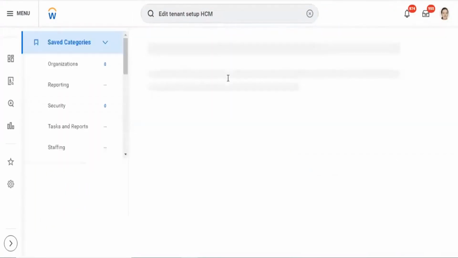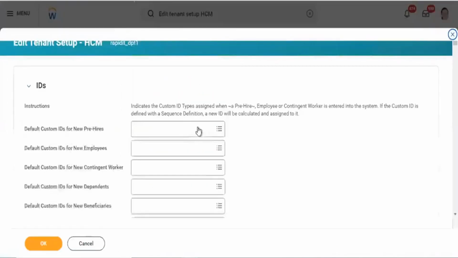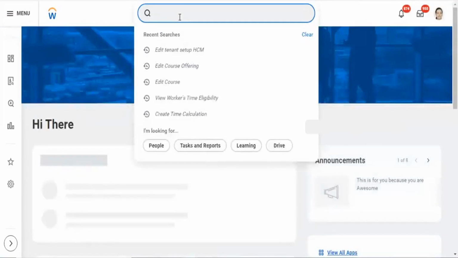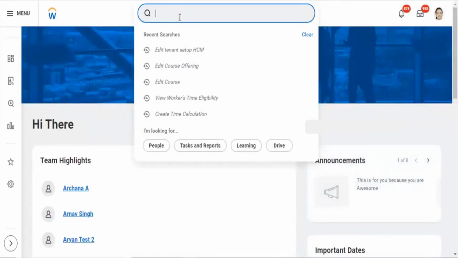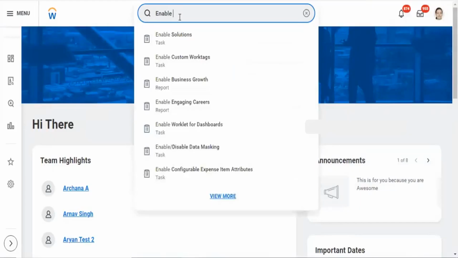We can't set up the same. If you need tenant setup, you don't have access. In this tenant access platform, remote access.